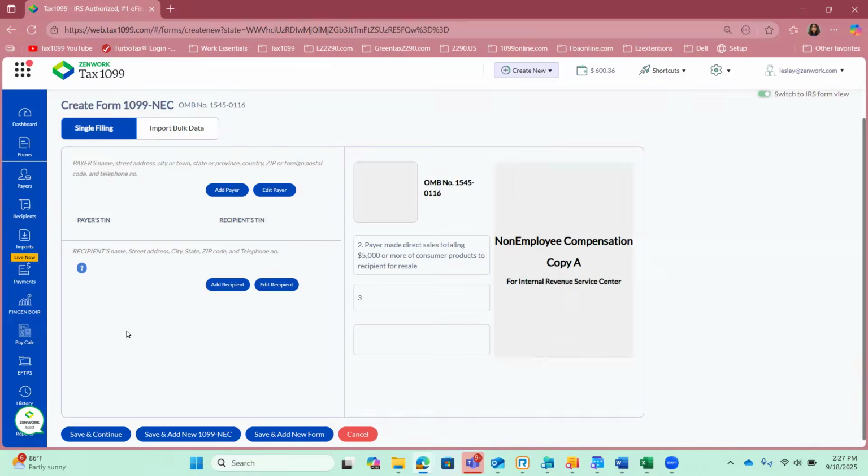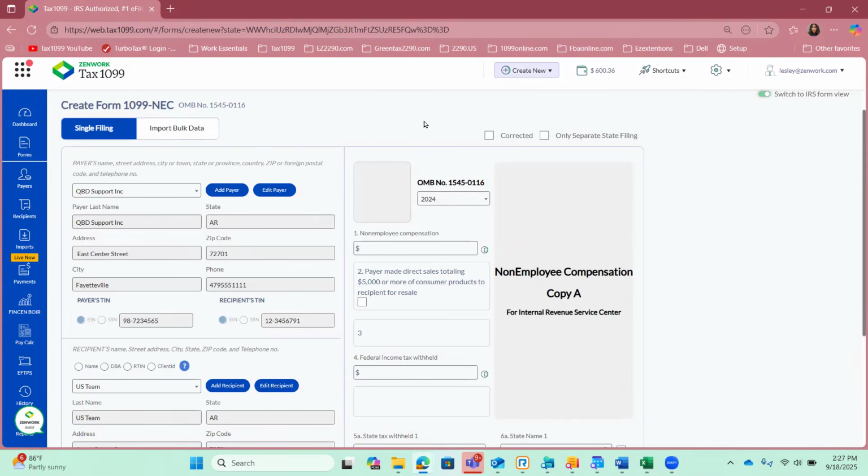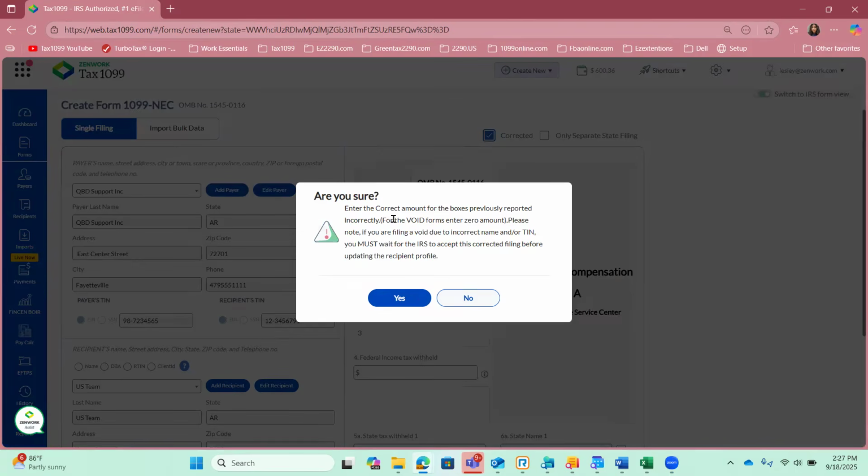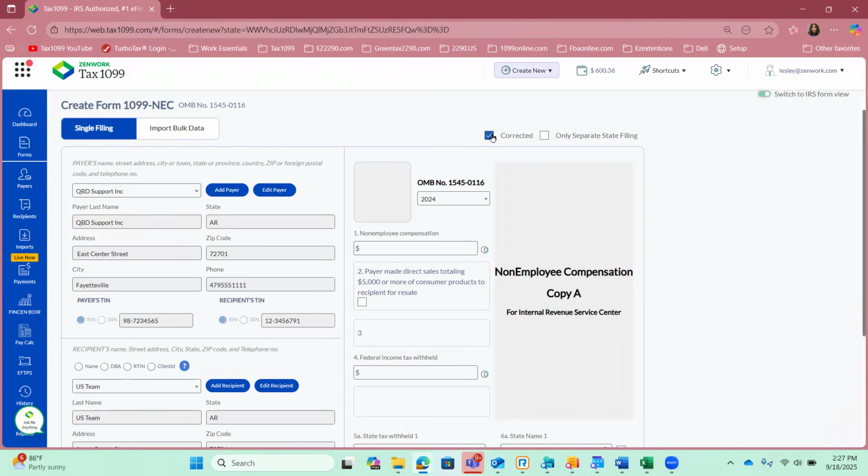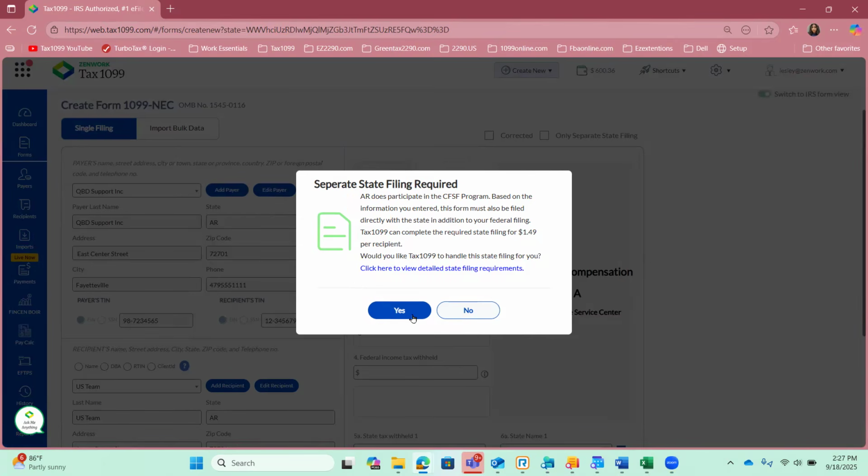There they are. Select your recipients. You can then fill out the form if it's a corrected form. It'll let you know the two different types of corrections. If it is just a regular form, you're going to fill out your amounts, and the system will automatically let